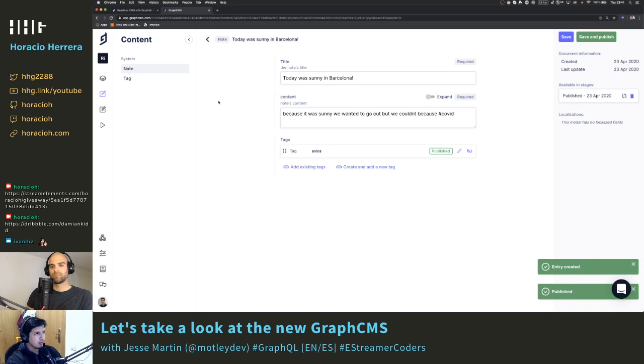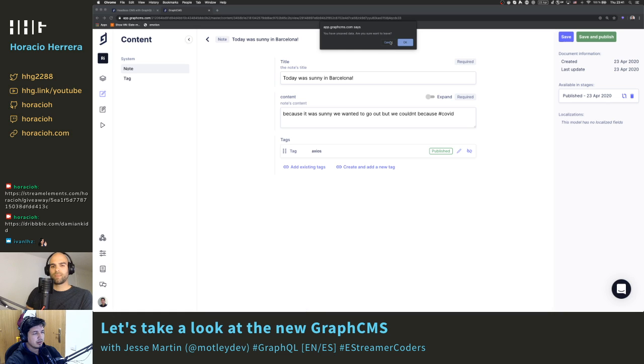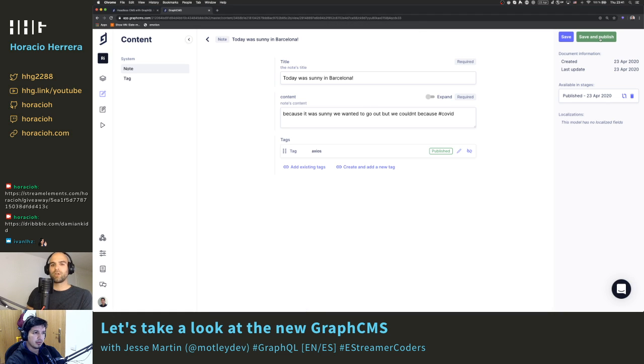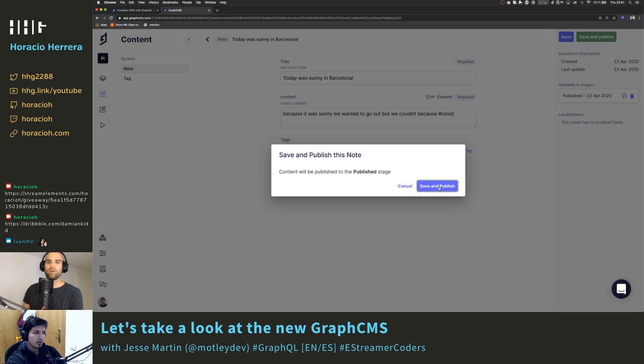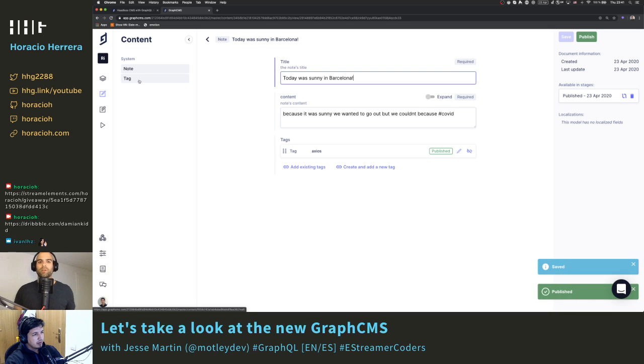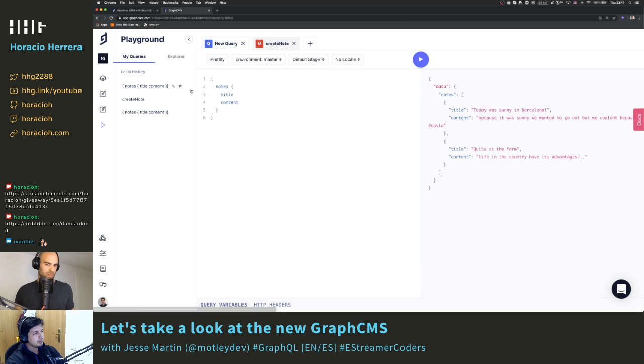So, and then we go back. So no, we need to also. And if we were to go to the playground, one of the nice things about graph relationships is there is no concept of a hierarchy. So you can query however. So in this case, if we said all posts, or not all, but just a query for posts or notes,